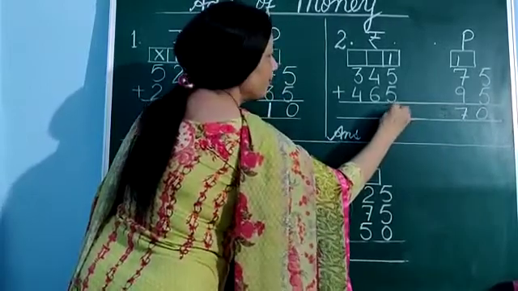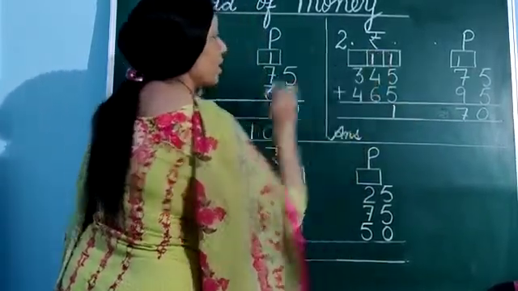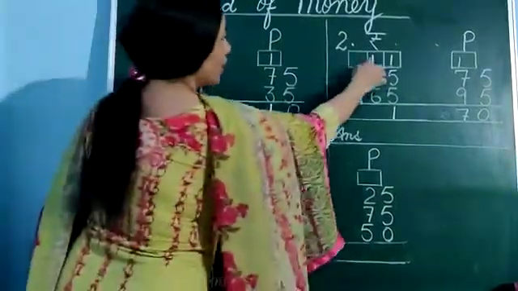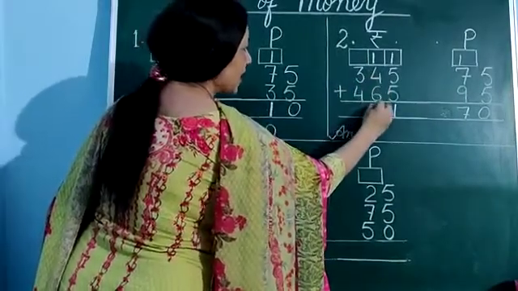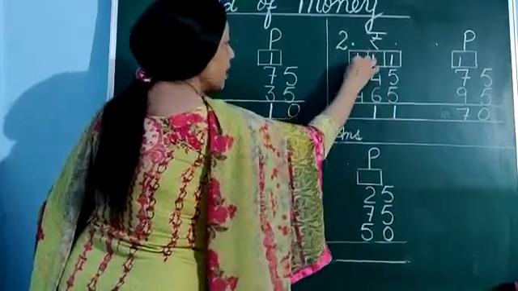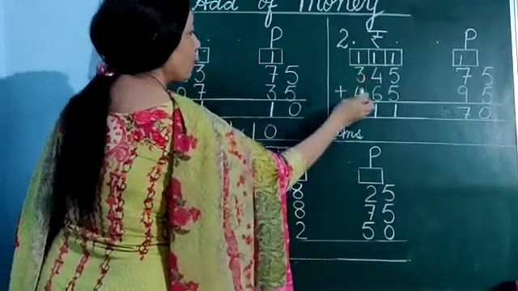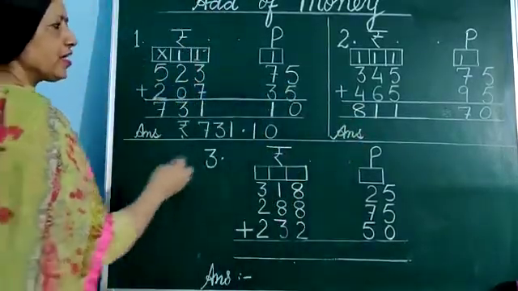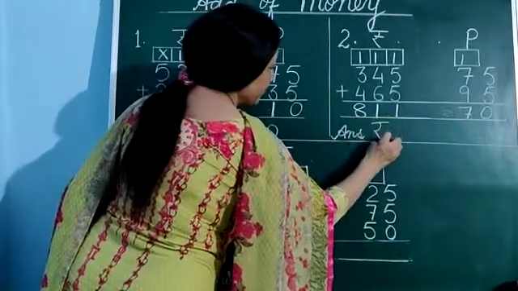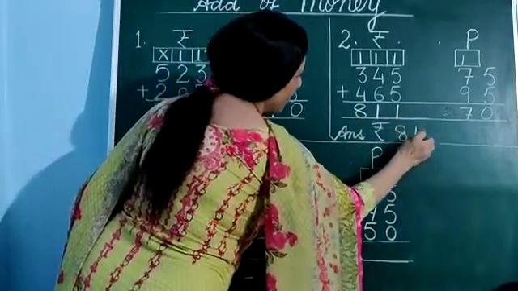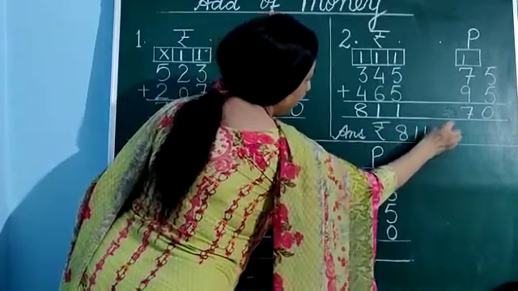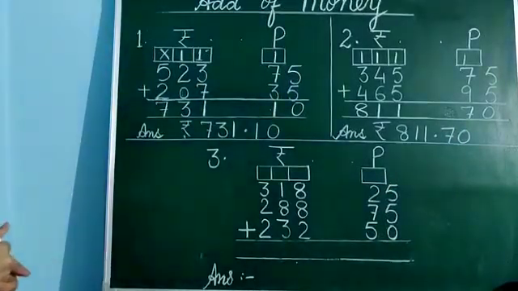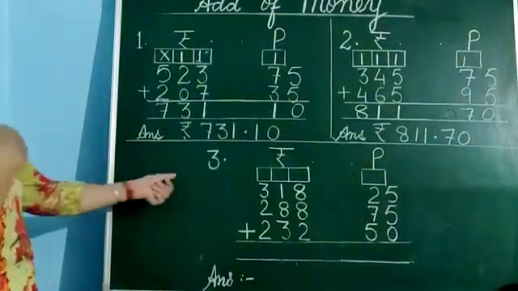Now 1 plus 5, 6. 6 plus 5, 11. Now 1 plus 4, 5. 5 plus 6, again 11. Again 1 is carryover. 1 plus 3, 4. 4 plus 4, 8. Now what will be the answer? Rupees 811.70. Clear beta? Now third sum is